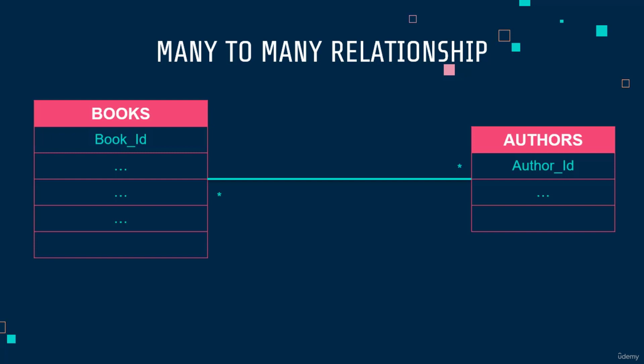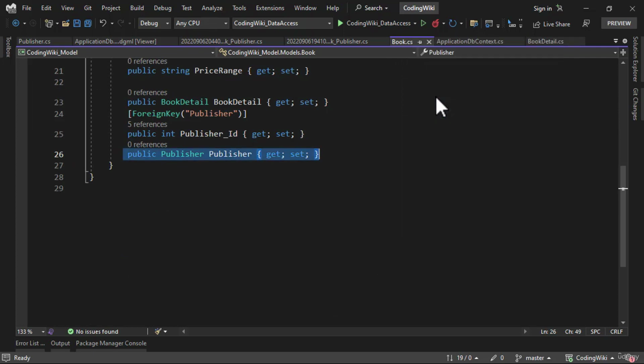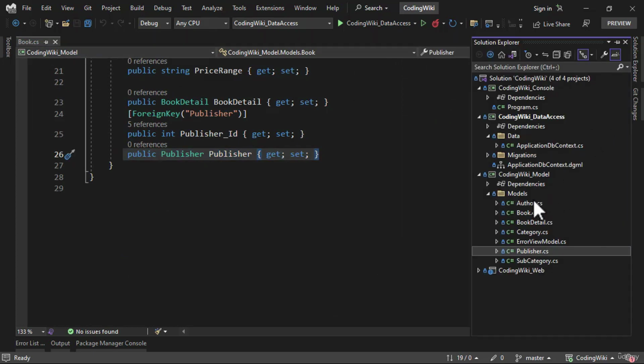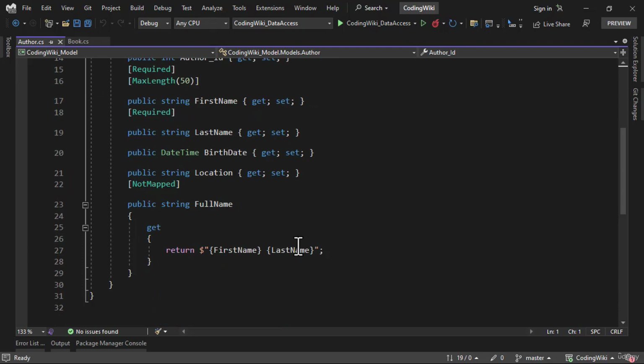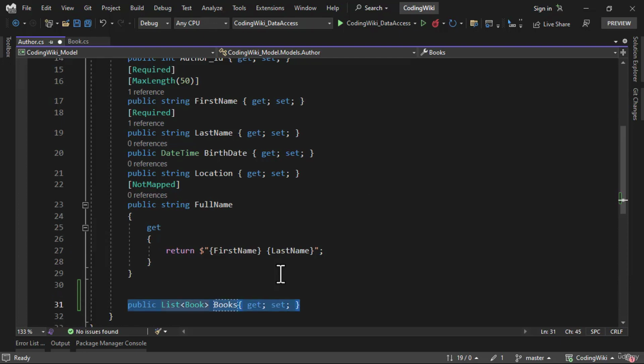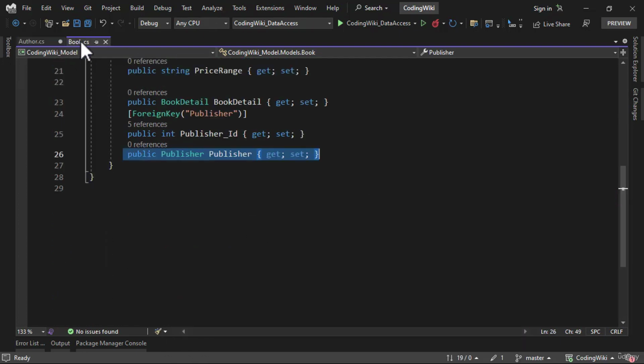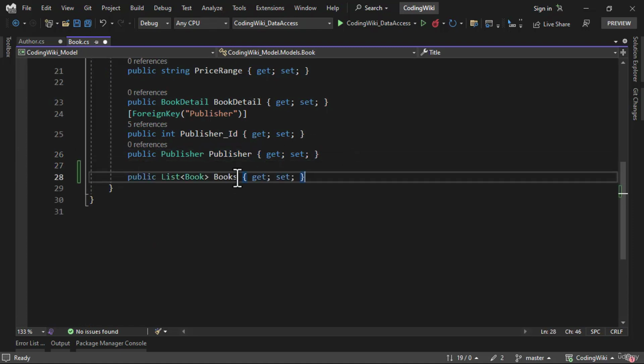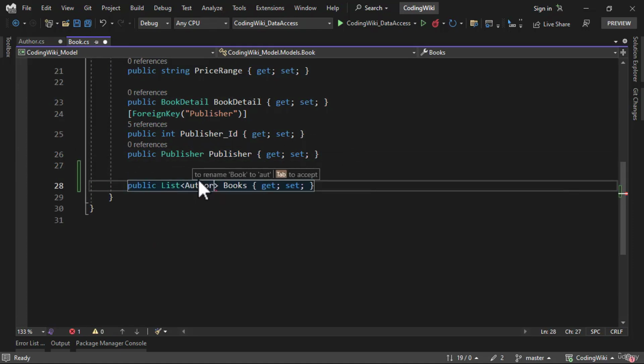To see that in action, if I go back to the code, let me close all the tabs other than books here, and I will open author. So author can have multiple books. To create that navigation, we will create a list here of book, and I will call that as books. So author can have multiple books here. Similarly, books can have multiple authors. So here we will write author, and we have authors. Great. So we have added one kind of mapping to let EF Core know that there is some kind of